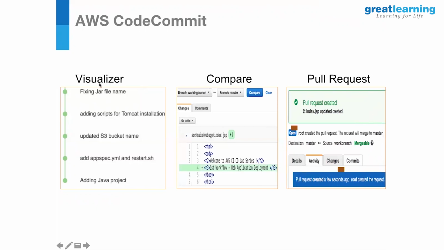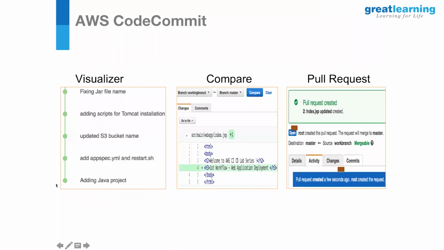I really like the DAG-based commit visualizer to view the commits made to the repository. In this example, the screenshot I pasted here shows only the commits to a specific branch. Probably I am having only one branch in this repository, that is why it's one line.